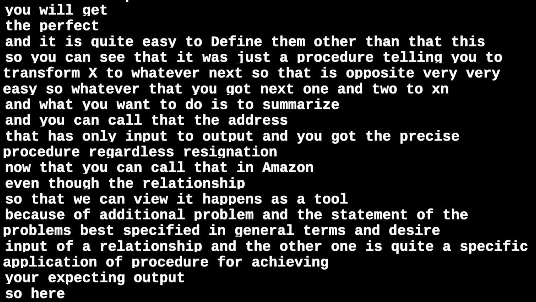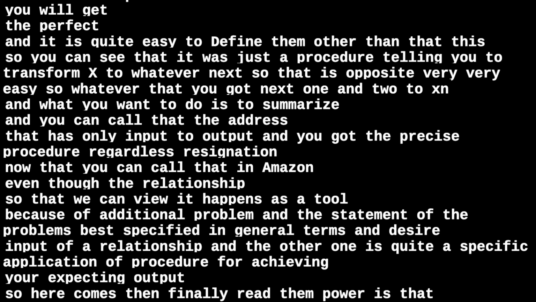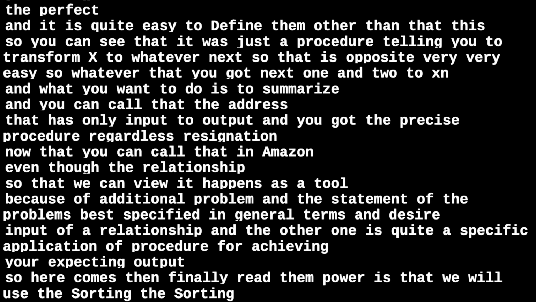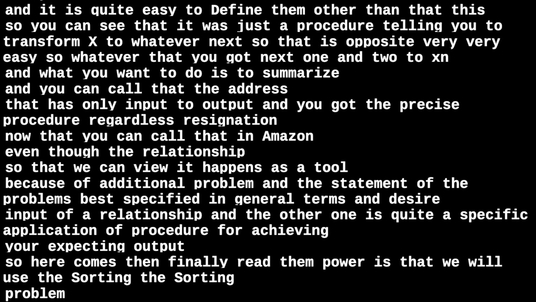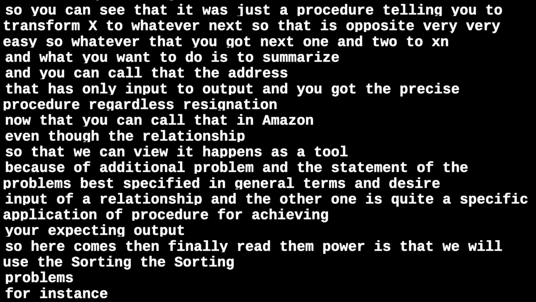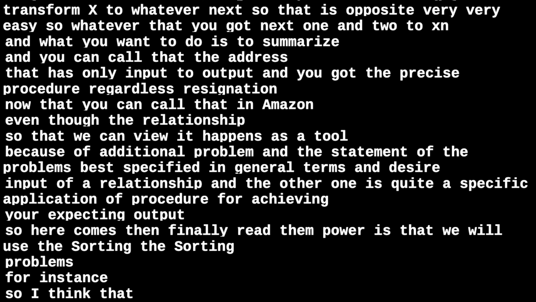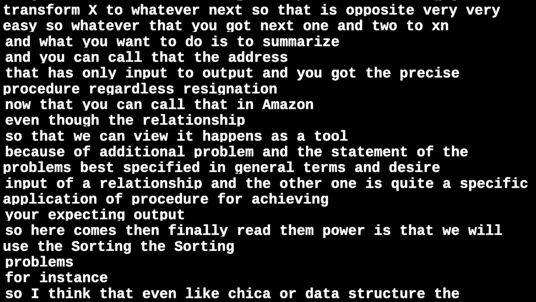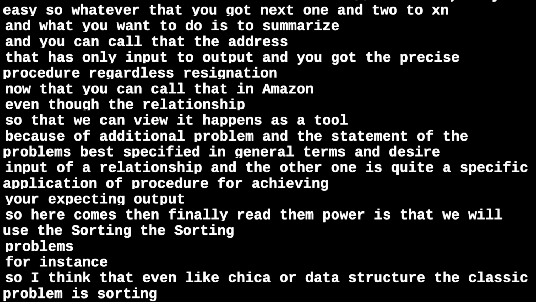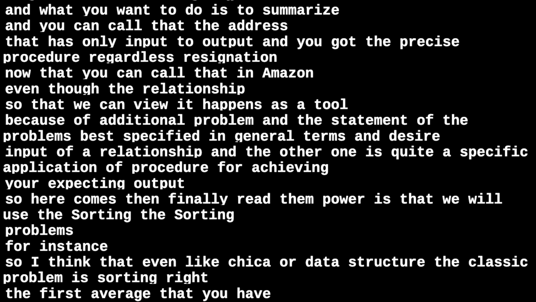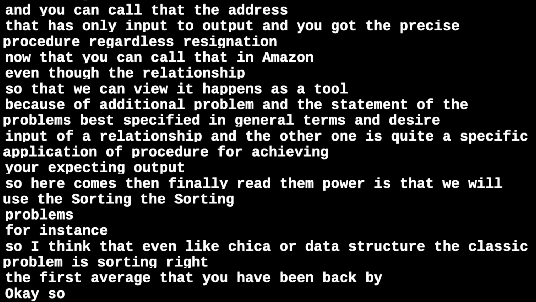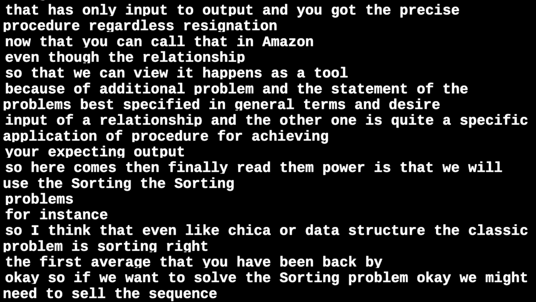So here comes a quite easy example: we will use the sorting problem, for instance. I think that even in a class like algorithms or data structures, the classic problem is sorting, right? The first algorithm you have seen. So if we want to solve the sorting problem, we might need to sort a sequence of numbers into